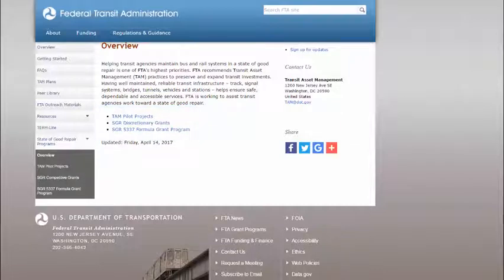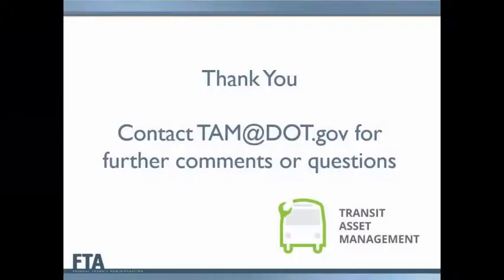This concludes our demonstration of the new Transit Asset Management site. We hope this has been a useful overview, and we encourage visitors to spend time exploring the new features and functionality. If you have specific thoughts on ways to further improve the website or the resources found within, please do not hesitate to